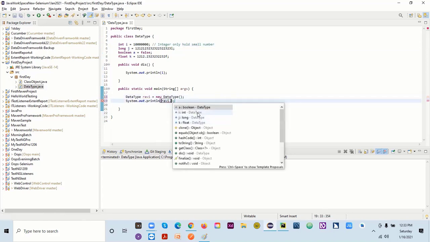I can see all the data members here, whatever you have defined. I just want to access i, which is an integer. J is a long. If I have a Boolean, it is also here. So I can see all my data members here. Also, I can see my methods as well.